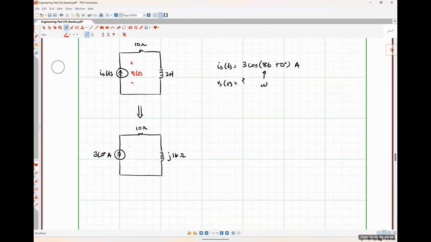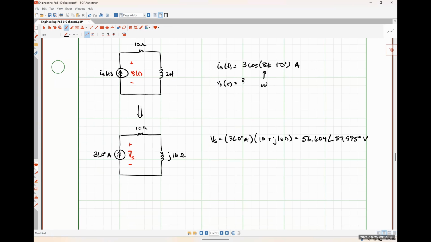The voltage that we're looking for is this phasor voltage Vs. So using good old Ohm's law, Vs is 3 angle 0 degrees amps times 10 plus j16 ohms, where I'm simply adding those two impedances together as if they were resistors. When I throw this into my calculator, I get 56.604 with an angle of 57.995 degrees